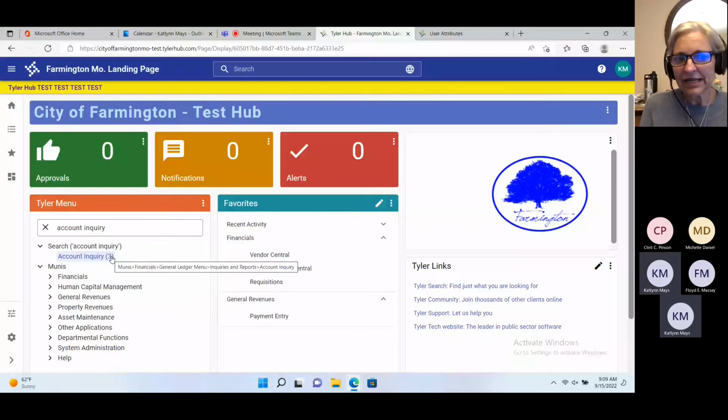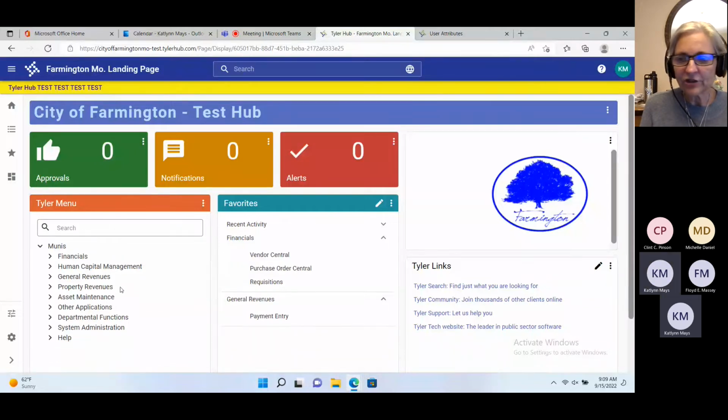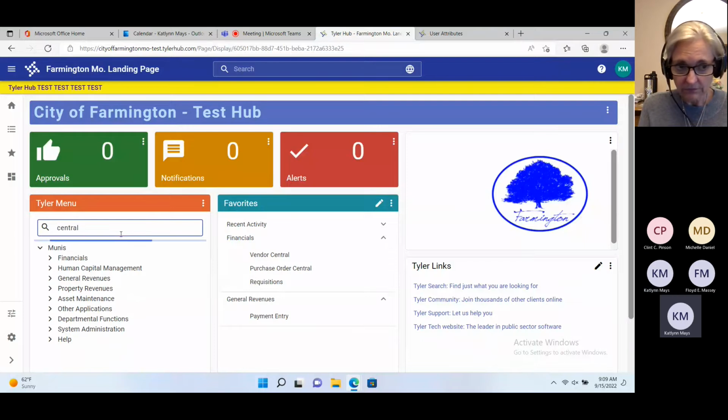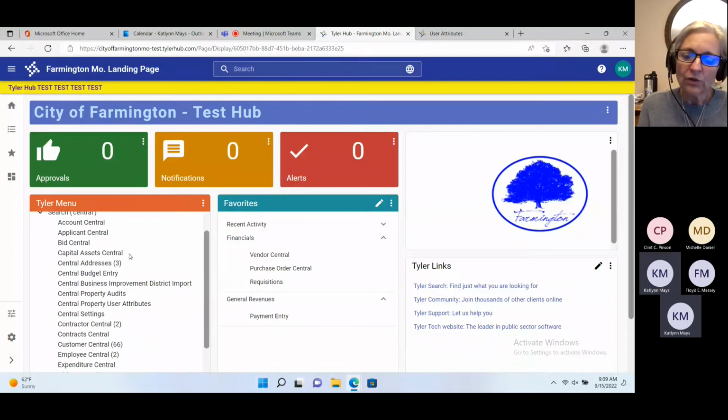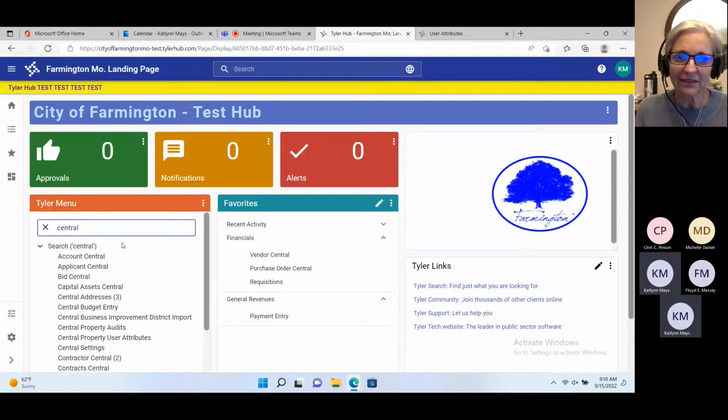Okay, go to the X, Katie, the X in front, and that's how you release the search, okay? Type the word central, no S, and I would like everyone to do that, if you don't mind. Type the word central. Central is going to show you all the central programs that you are able to work with, if you will. So if you scroll down,